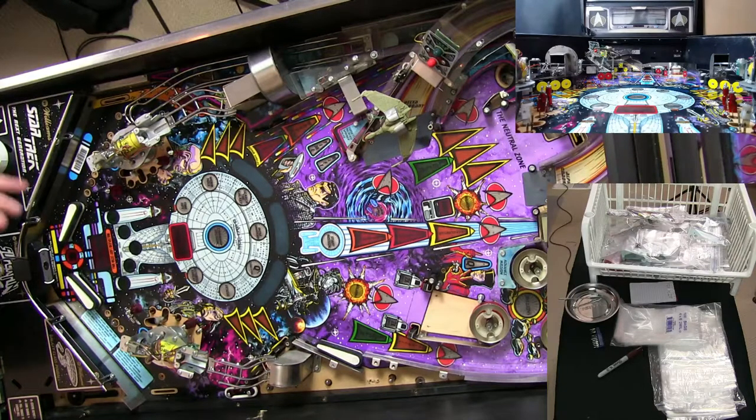So after everything's pulled off of here, which is still going to be a little bit, of course, I'm going to be pulling the playfield and putting it on a rotisserie so we can rotate it around, detail out the playfield, detail the bottom, and